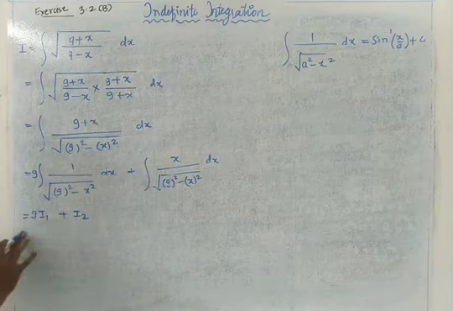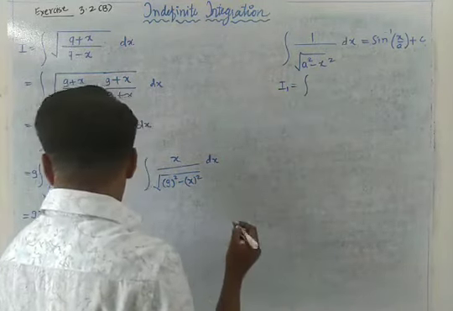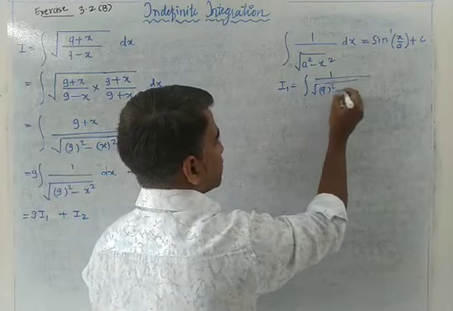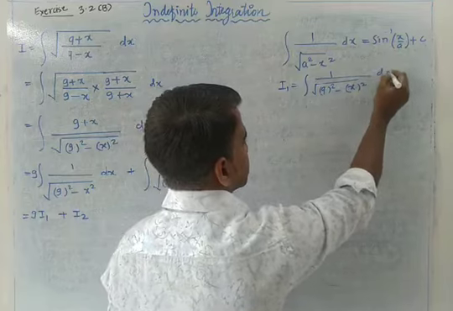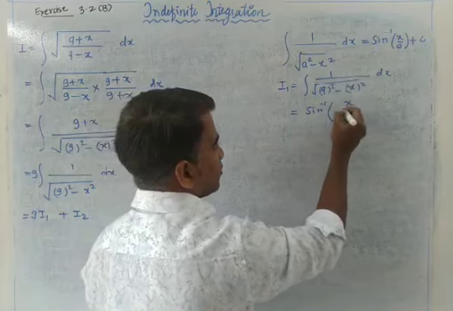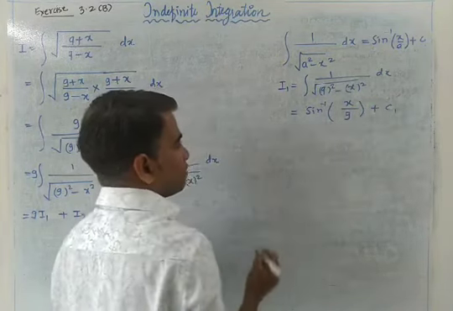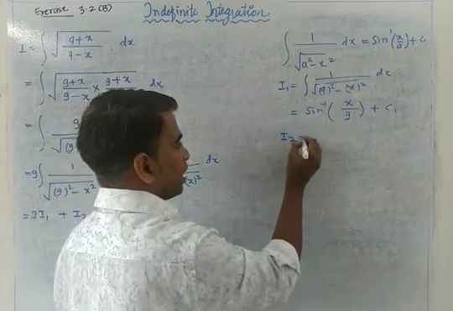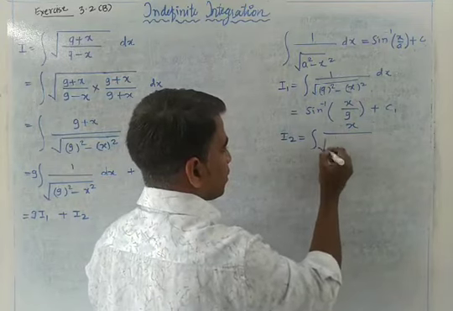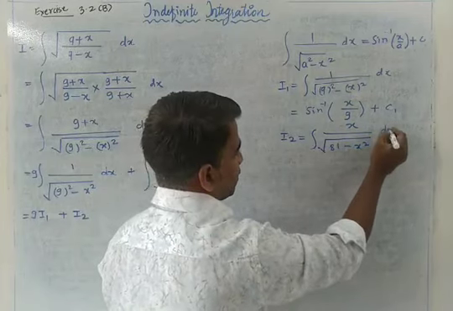Okay. Now I am going to find the value of I1. So I1 is equal to integration of 1 upon under root 9 square minus x square dx. Let's put that formula: sine inverse of x by 9 plus c, where C1 we assume for I1. In a similar way, now we are going to simplify I2. What is I2? Integration x upon under root 9 square, which is 81, minus x square dx.